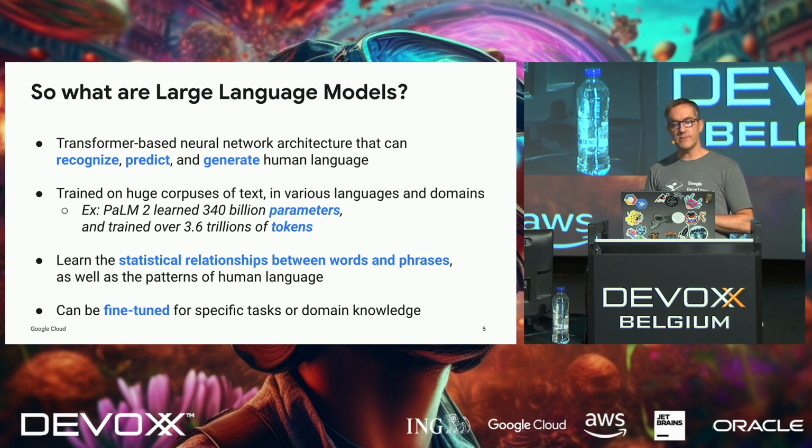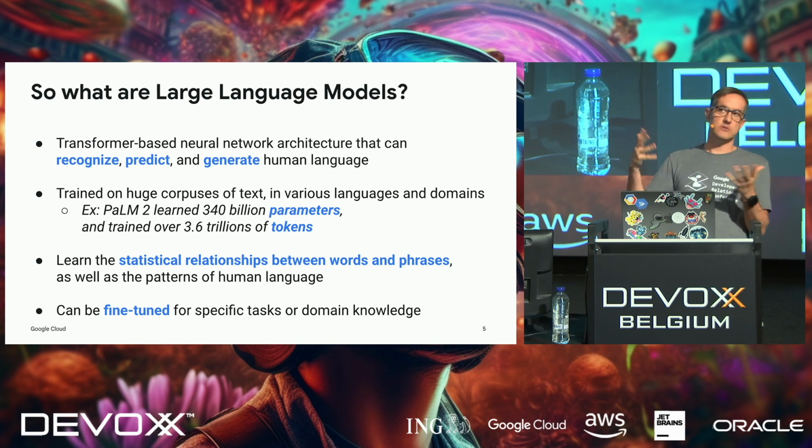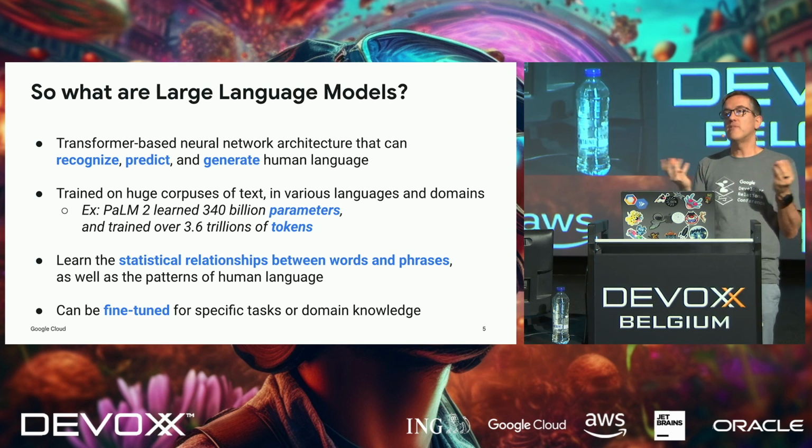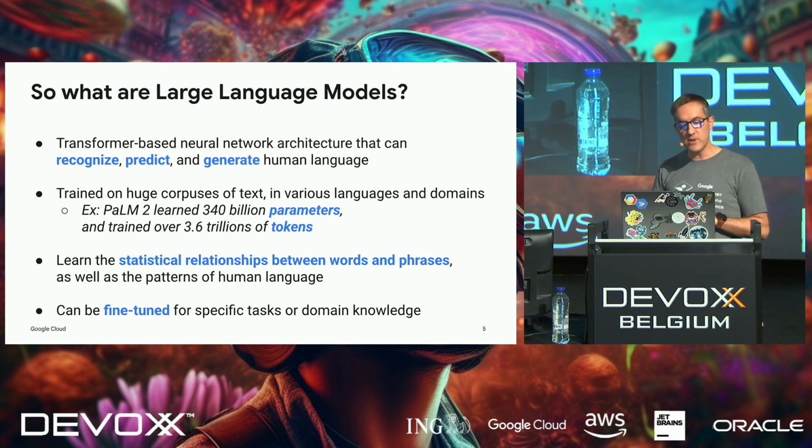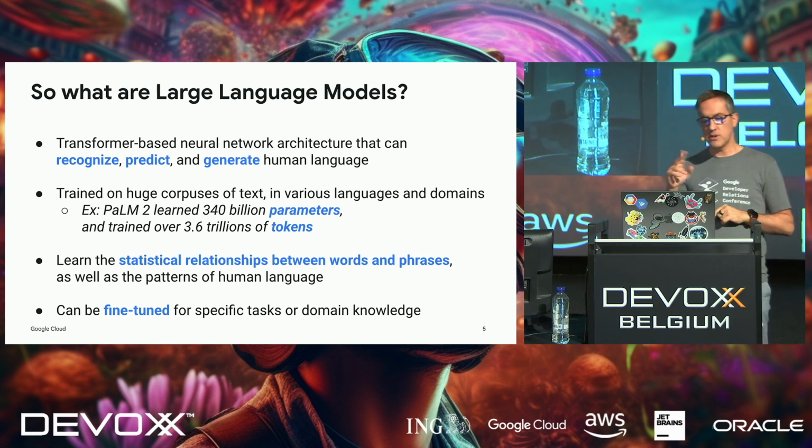And some more vocabulary, let's say: we often speak about parameters and tokens when we describe large language models. So for example, PaLM, the one I'm using today, has learned 340 billion parameters. That's basically, let's say, the number of neurons the system has. And it's also equivalent to its memory, if you will. And it's trained on tokens. Tokens are like words, but smaller parts of words. So usually, when we say it's been trained on 3.6 trillion tokens, that's like 10 trillion words in English, let's say. Usually it's about 3 tokens per word or something like this. I forget the exact math. So that means that